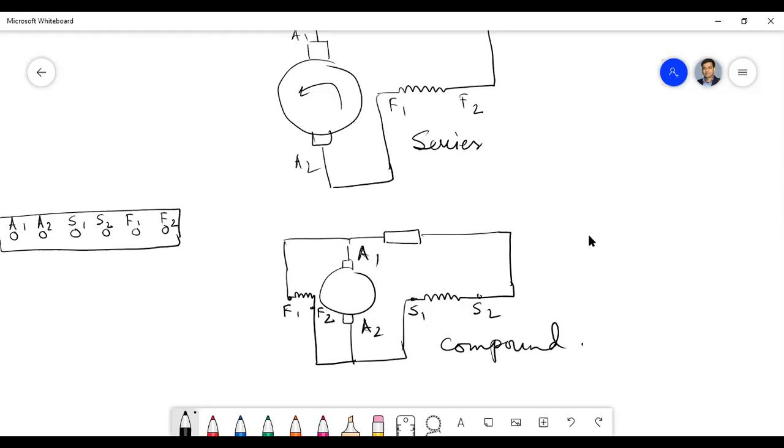2 EM/π. I can use the formula only in case of sine. If it is non-sinusoidal waveform, then the expression will be different. It will not be 2 EM/π. It will be something else.